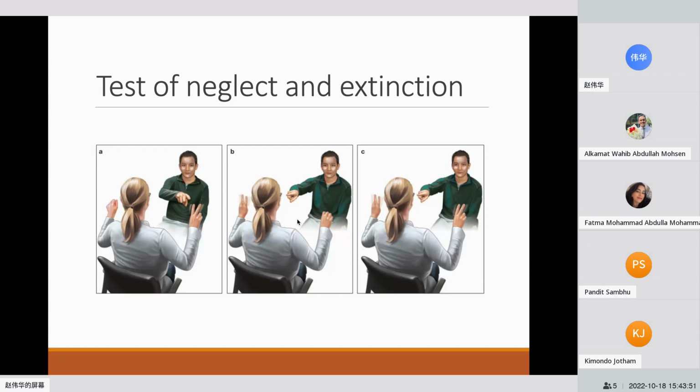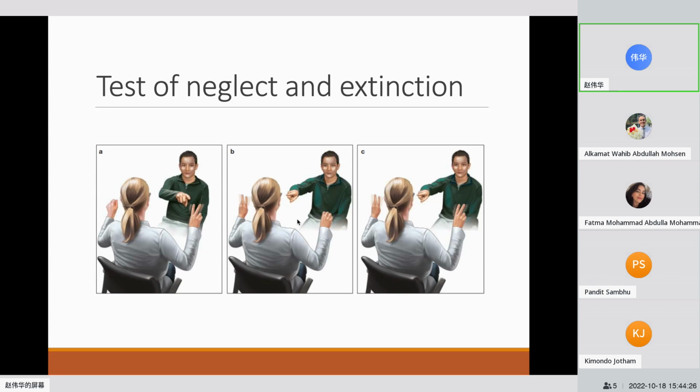But when the doctors raised two fingers, they can only respond correctly for one side. The other side, maybe the information of the other side is extinction. So this is because the presence of the competing stimulus in the ipsilateral hemisphere prevents the patient from detecting the